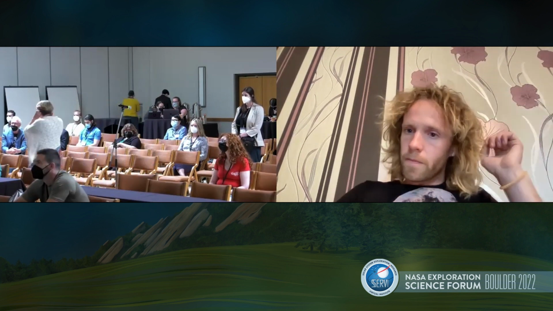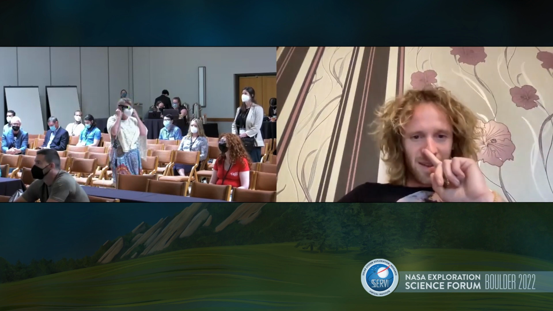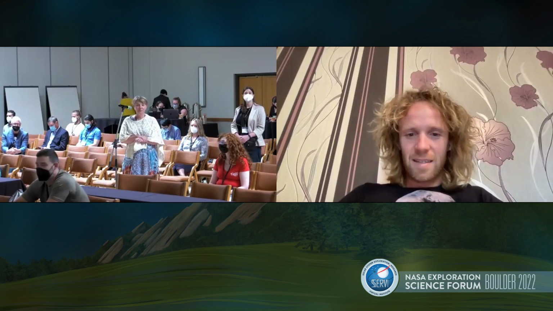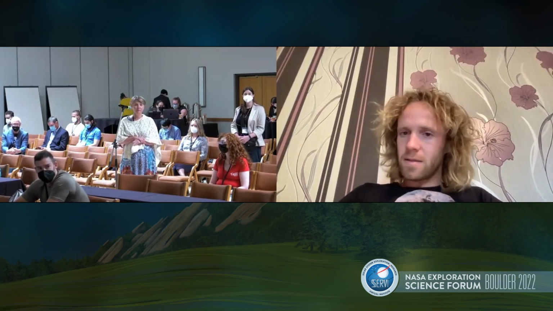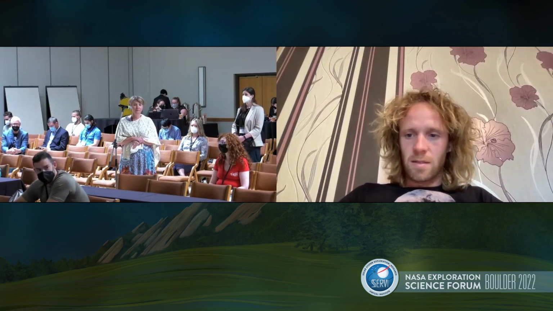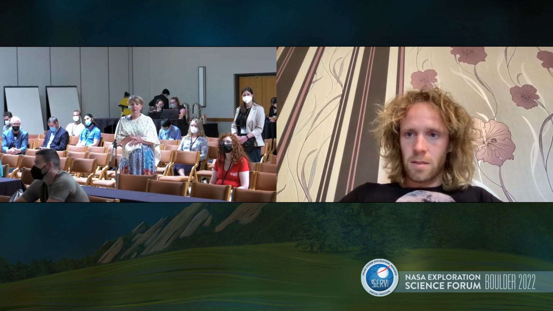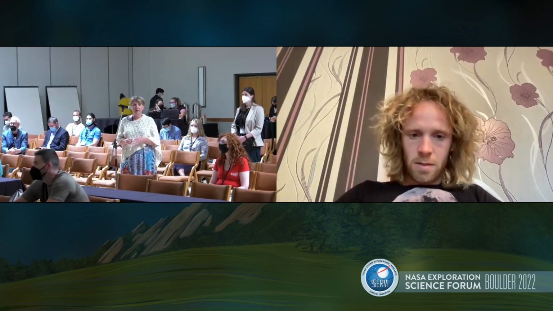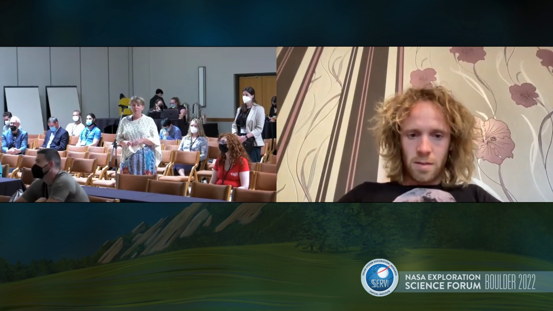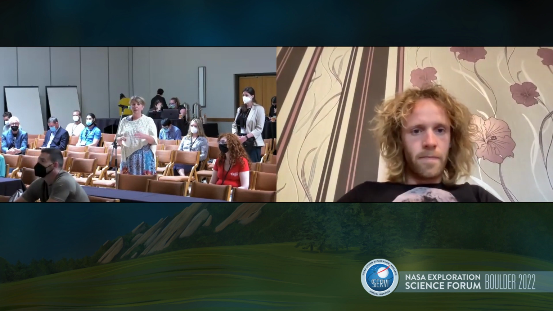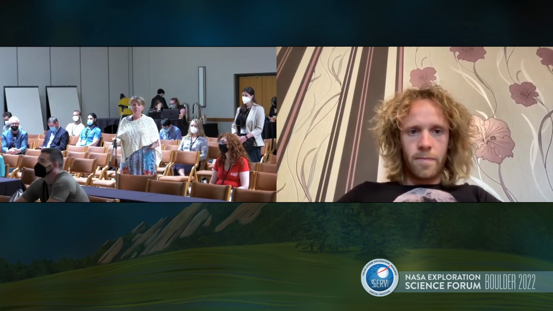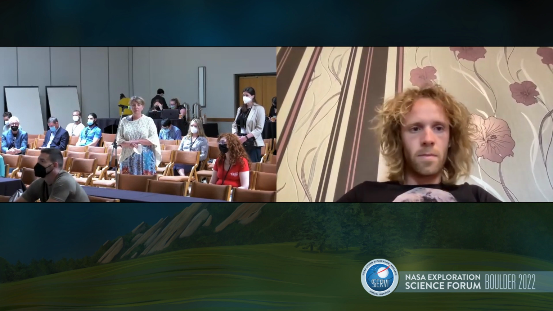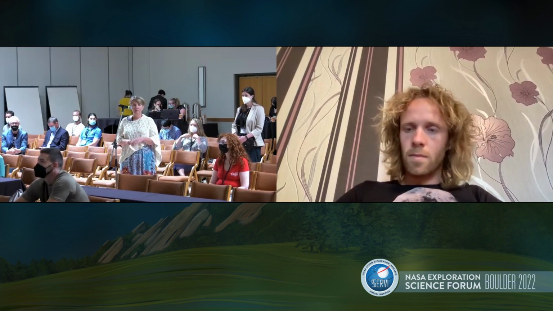Dana, as a follow-up, Jacob Richardson pointed out that a GPR on the surface could get down to 5 meters. It makes me think of what Tony Colaprete was talking about yesterday, where with VIPER we'll be able to see down about 5 meters. Does that play into your modeling at all? Yeah, definitely. I can use the output from the model to simulate any observation, basically. If you give me the parameters of what constitutes a detection for any instrument, I'm happy to factor that into the model.